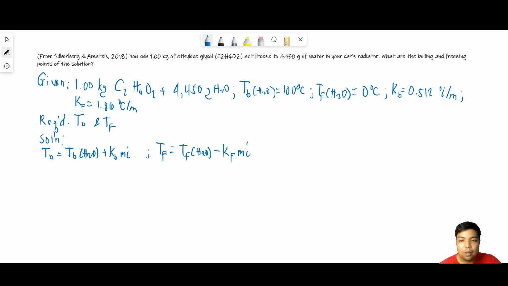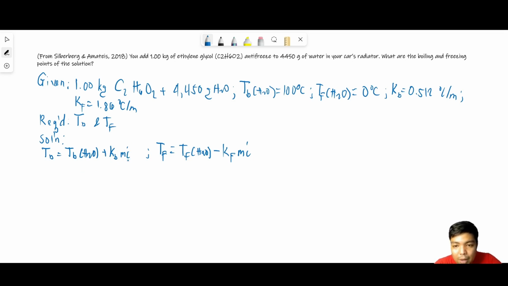So, para kapos tandaan, ang sa boiling point plus, ang sa freezing point sa solution minus. Okay? So that it would be easier for you not to confuse between the two. Okay,